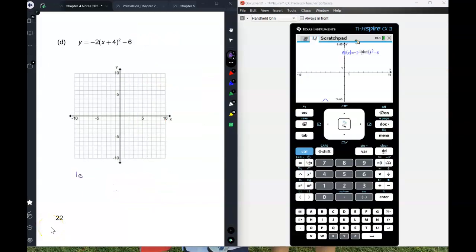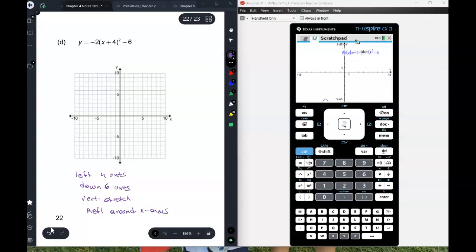So the transformations are left 4 units. Down 6 units. There is a vertical stretch, and what else? There is one more. Reflection around the x-axis. So if we go left 4 and down 6, here's where the point will be for the vertex, right? So I do Control T,